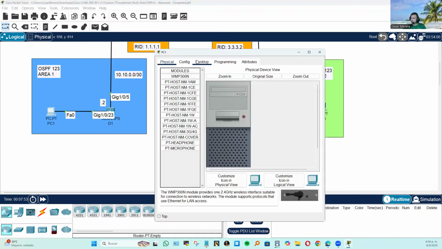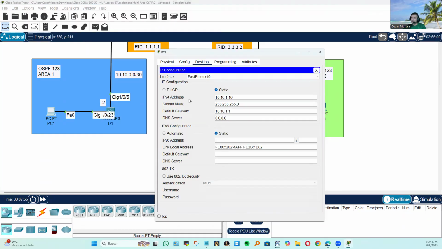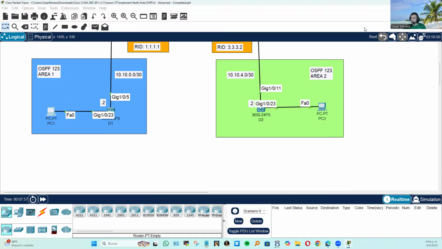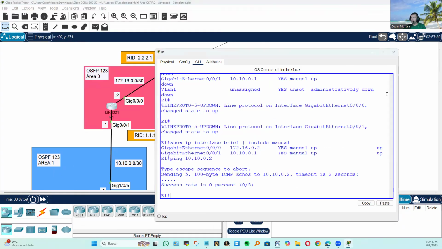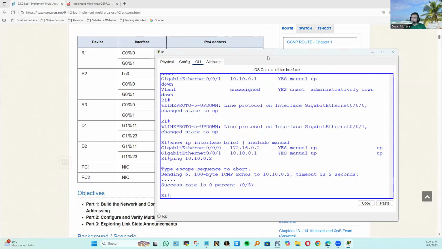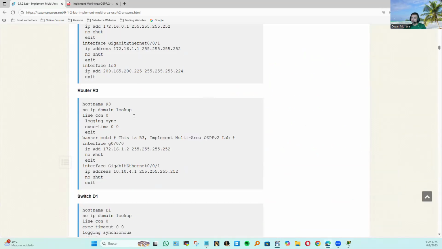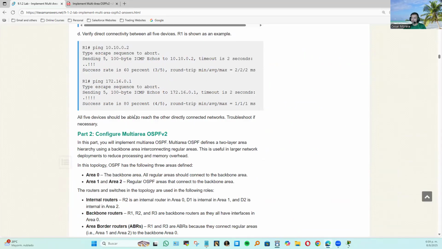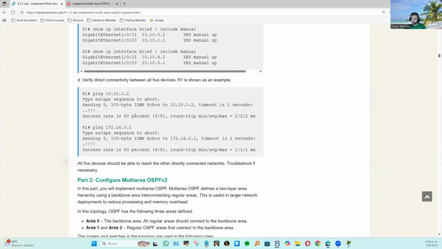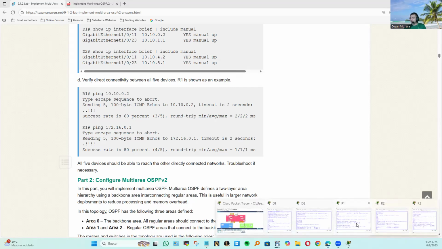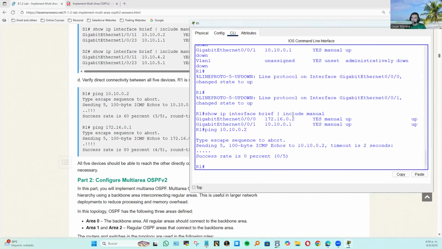So we're missing something else. Maybe I didn't add the correct IP address when I was doing the ping test. Let me validate that real quick. We need to do a ping test from router 1 to a specific device. What is it? It is one of the neighbor's devices, and I actually added the incorrect IP. No, it is the right one. You see, it is